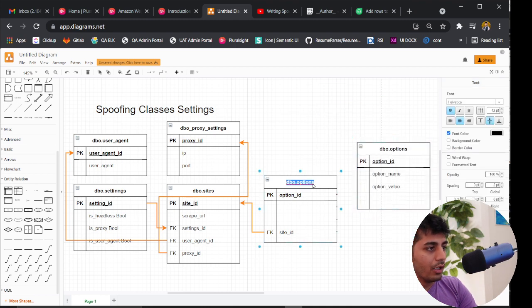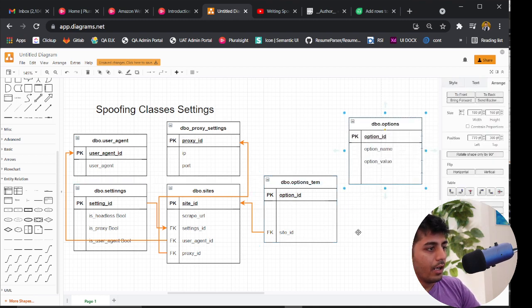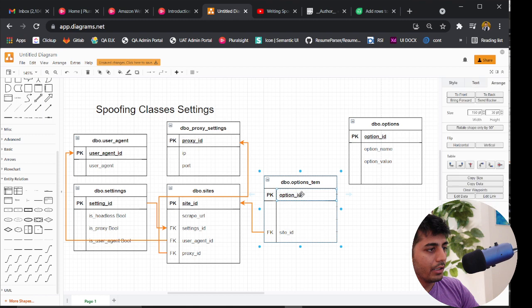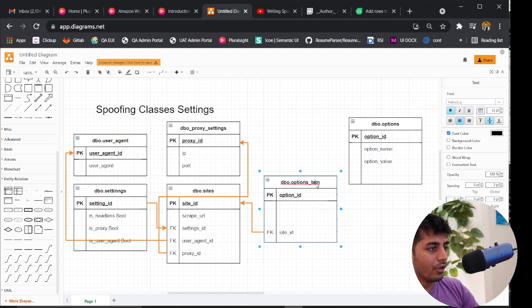So let's call this option temp, whatever. So now for a given site ID, you might have one or many options, right? So what do I call this table? I'm just thinking. Let's just call it temp.